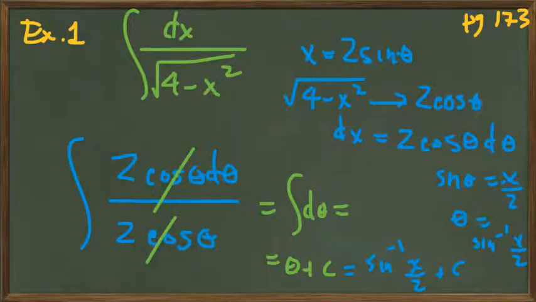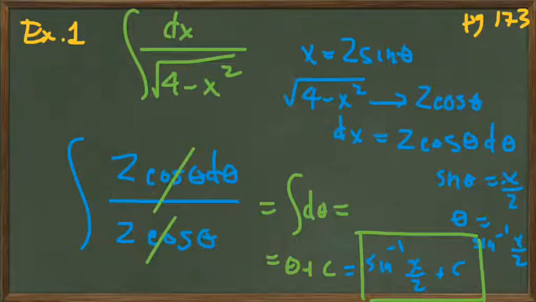And that result should look familiar. This is something that we derived in chapter 7 by differentiating the sine inverse functions. So here's another way to arrive at the same integral form. Okay, let's move to example 2, where we have an integral of the a squared plus x squared type, or